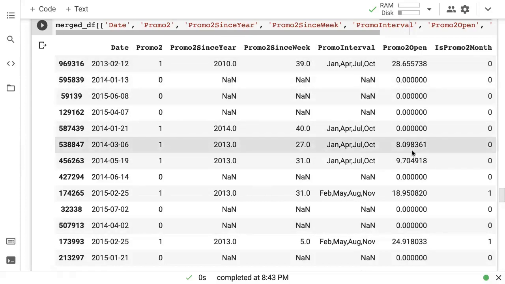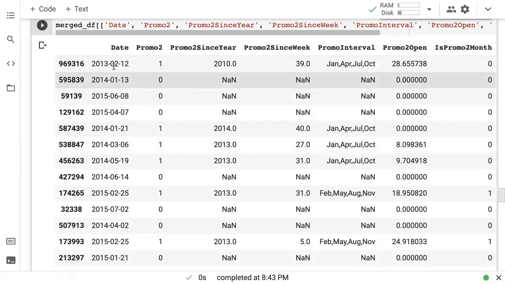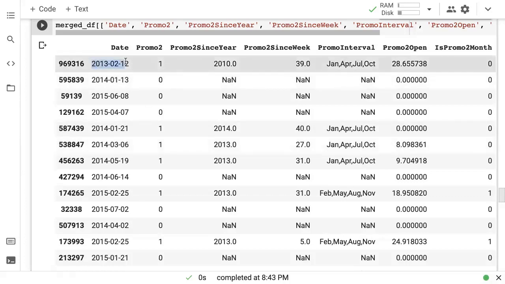And putting the specific computations aside, the idea here is that we did a join, we took some store-wide information, and then we used that store-wide information in combination with the present date for each row in the training set to compute this new column, which gave us richer information about the data.